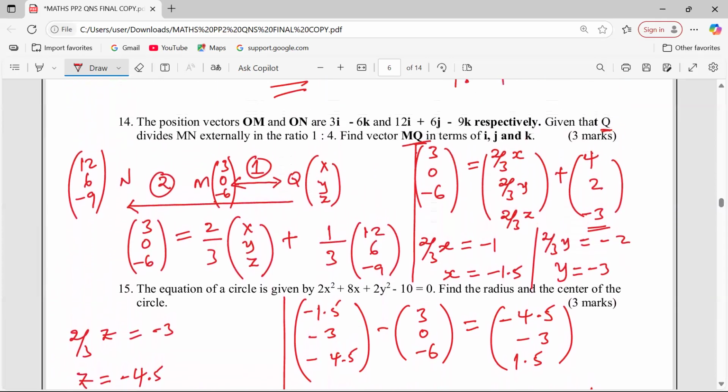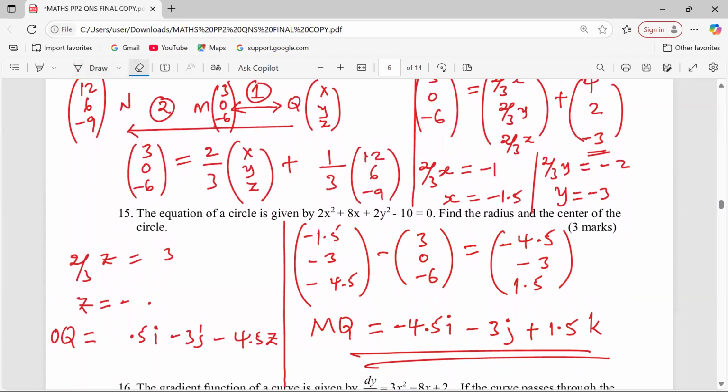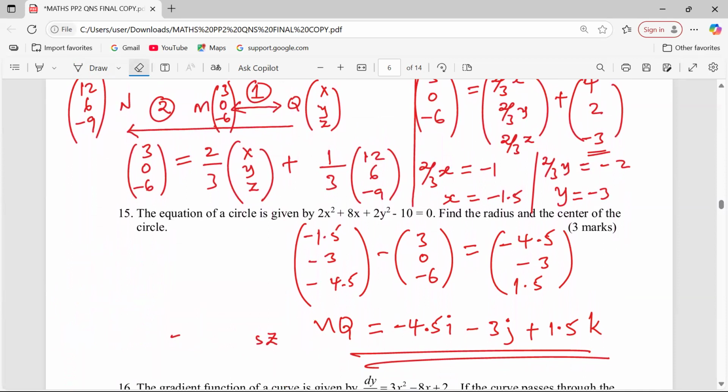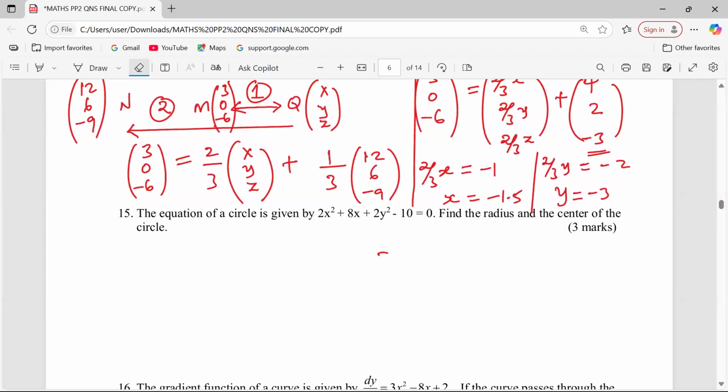Yeah, that is it. Let's check number 15, ladies and gentlemen, from circles. Graphical work, equations of a circle. How do we solve this one? Very quickly, we are going to find the solution. Okay, so the solution shall be,